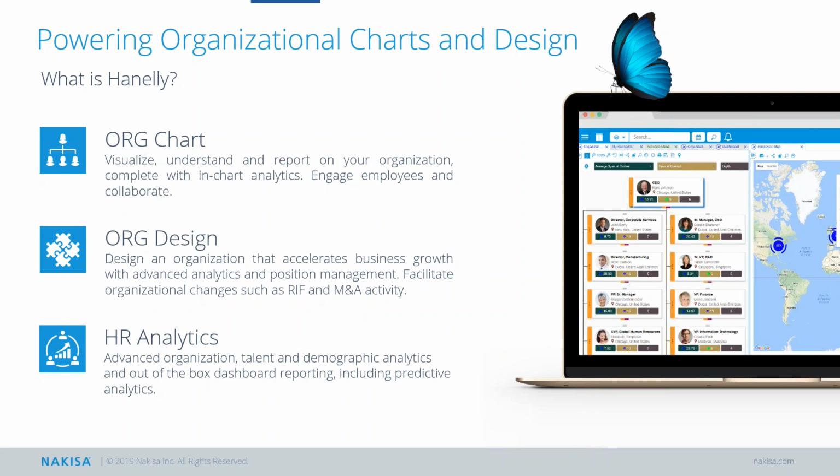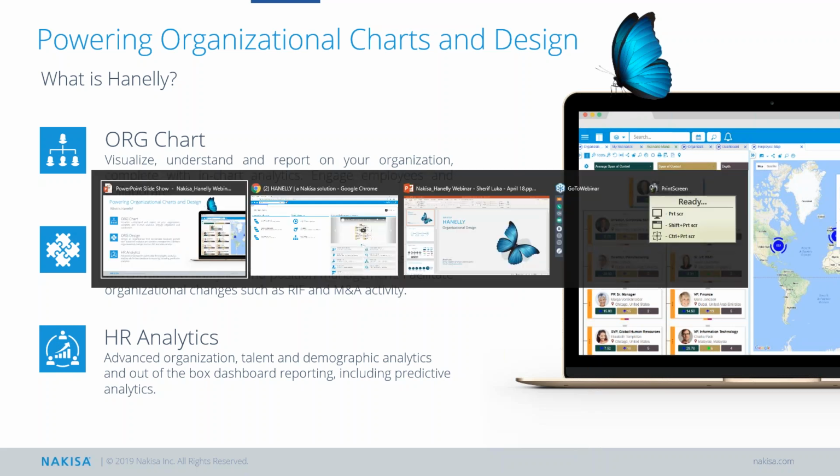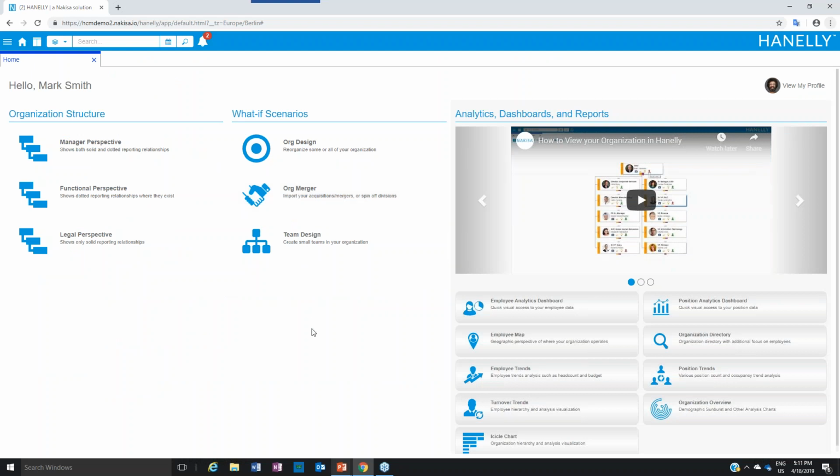But it goes beyond that as well. It goes into the area of predictive analytics. So we look at various trends in your data, for example, turnover analysis, employees leaving due to departures or terminations or retirements, and being able to filter and drill down based on this data, turning it into information, into insightful actions. So I will go into the demo now, and I will start by just a very basic view of